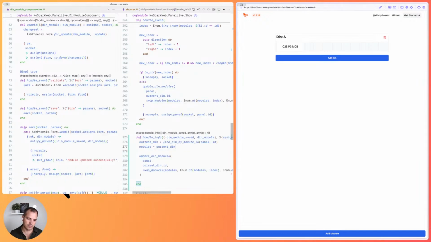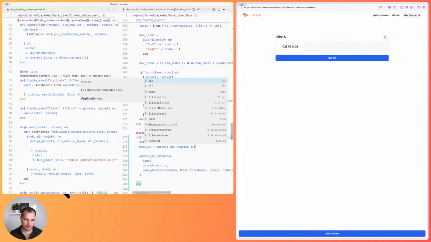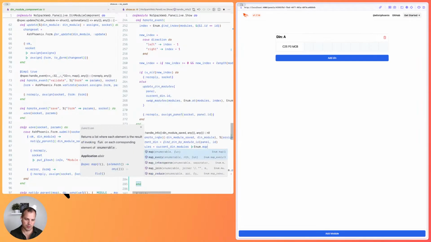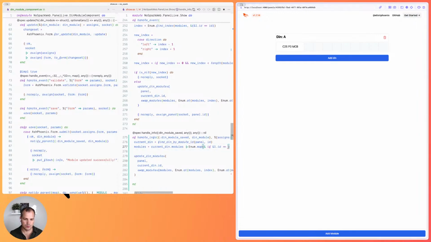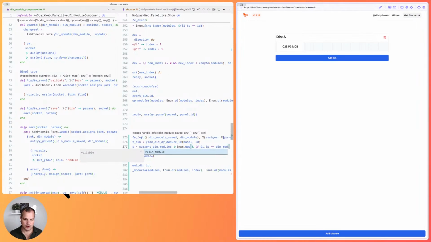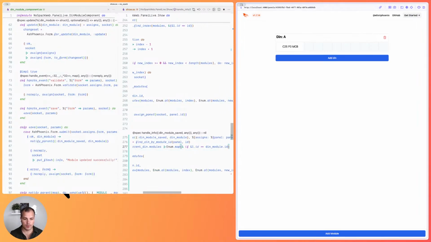Oh, I suppose we already have modules, then it's enum map, and let's capture, and if ID equals to the module ID, then we do